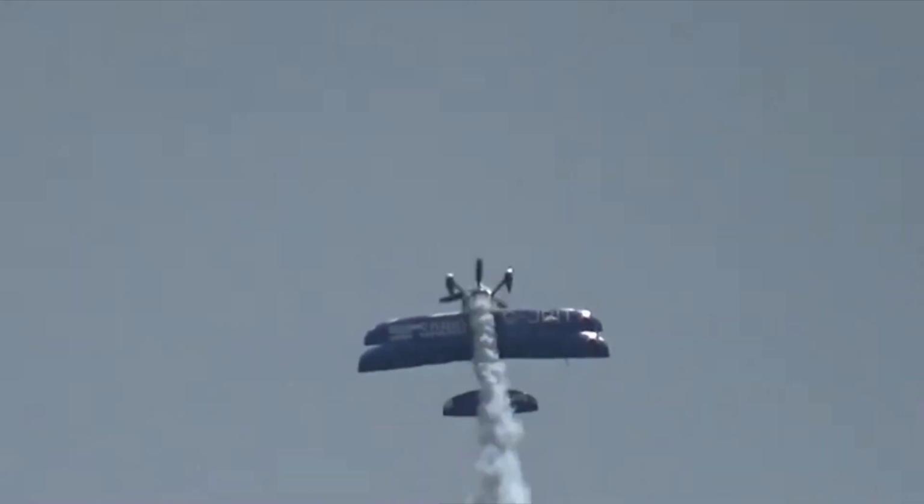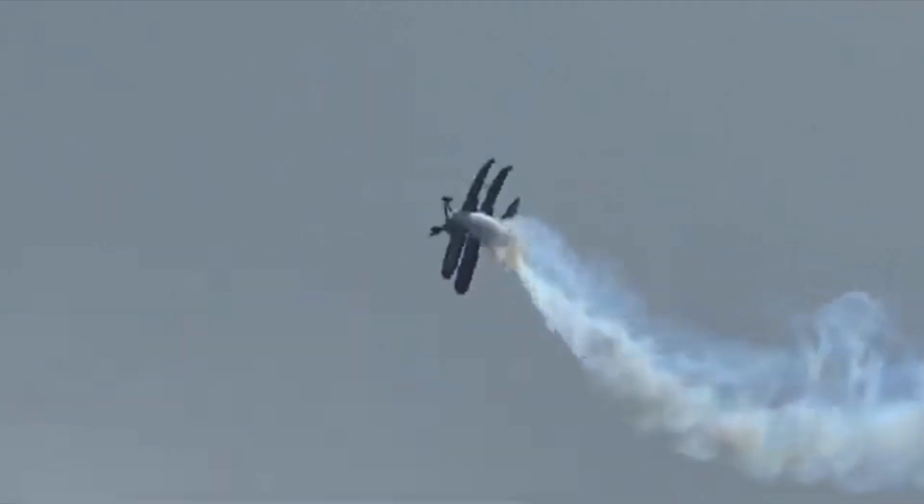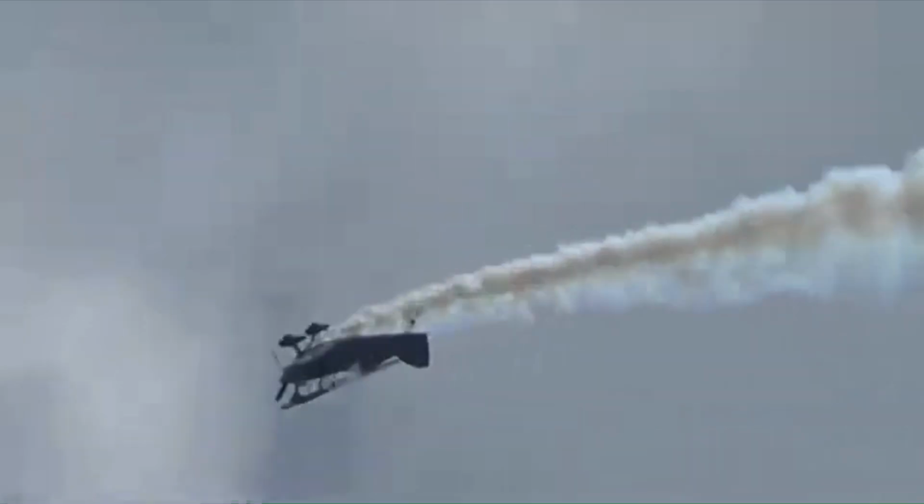Now, as you can see from this, you really have got an extreme roll rate on this aircraft. I understand it's in the ring. No, he really is using that modified wing and the big ailerons to...